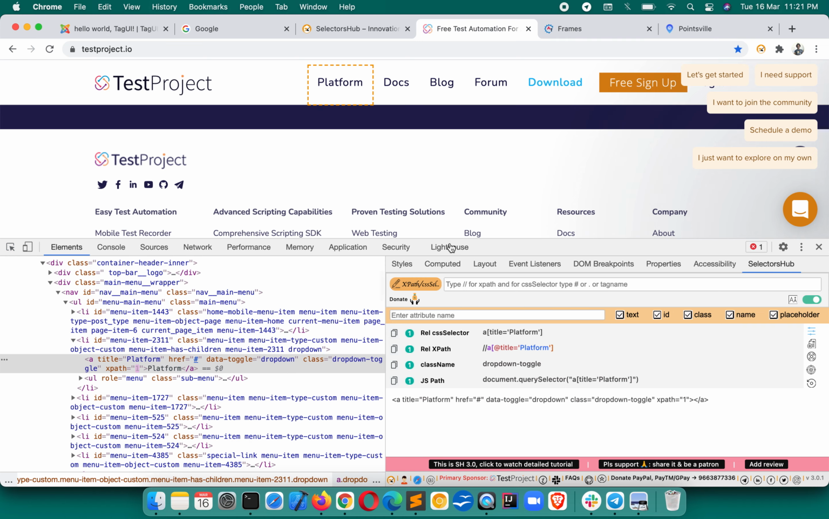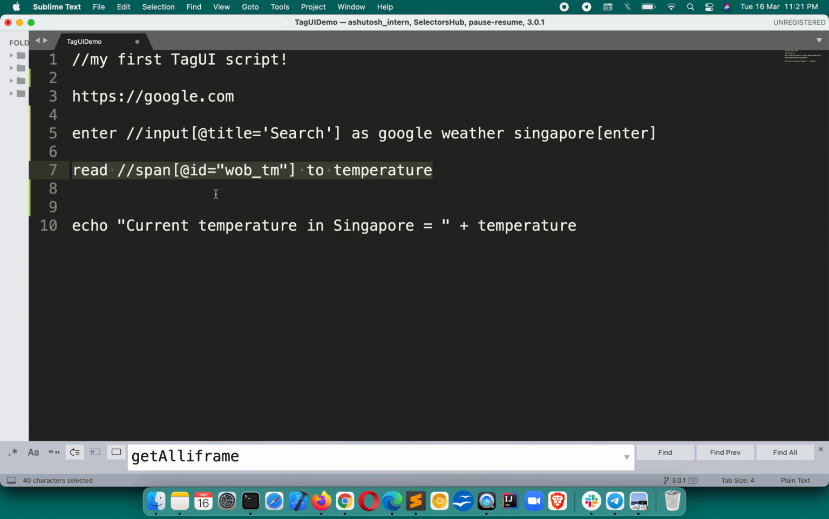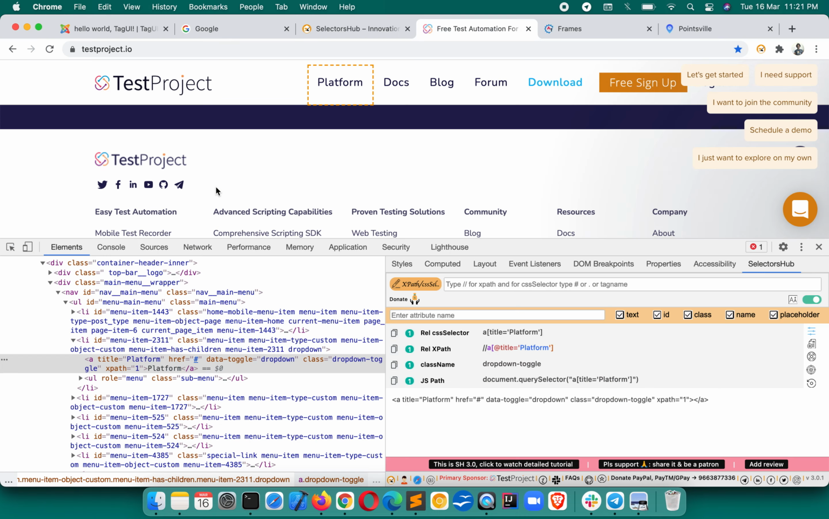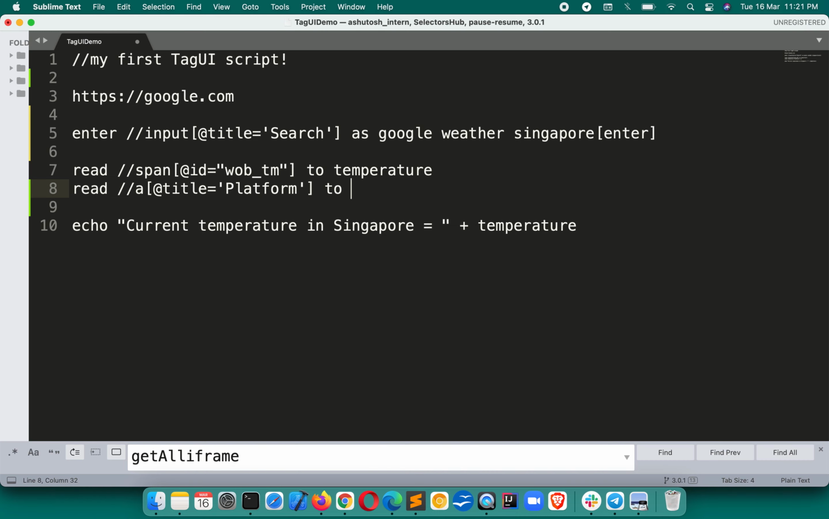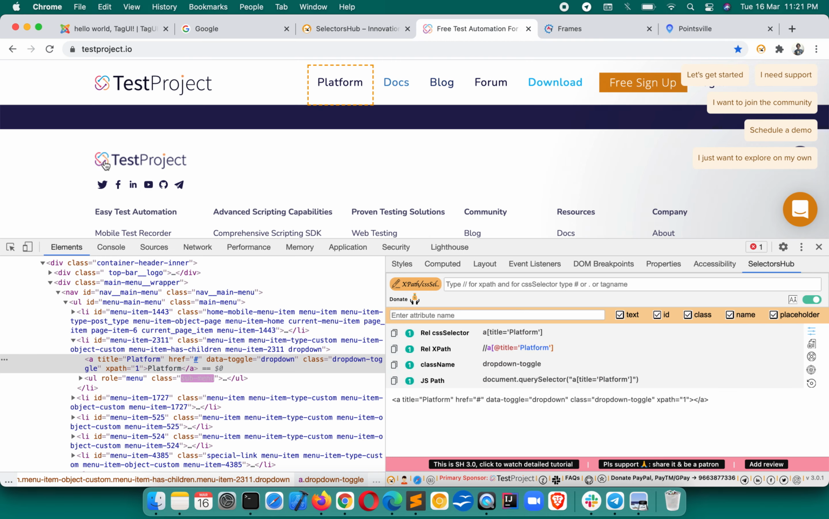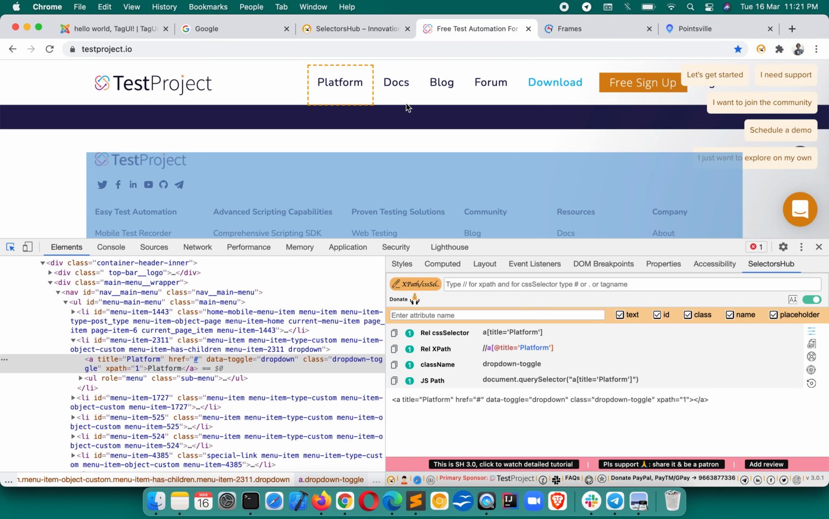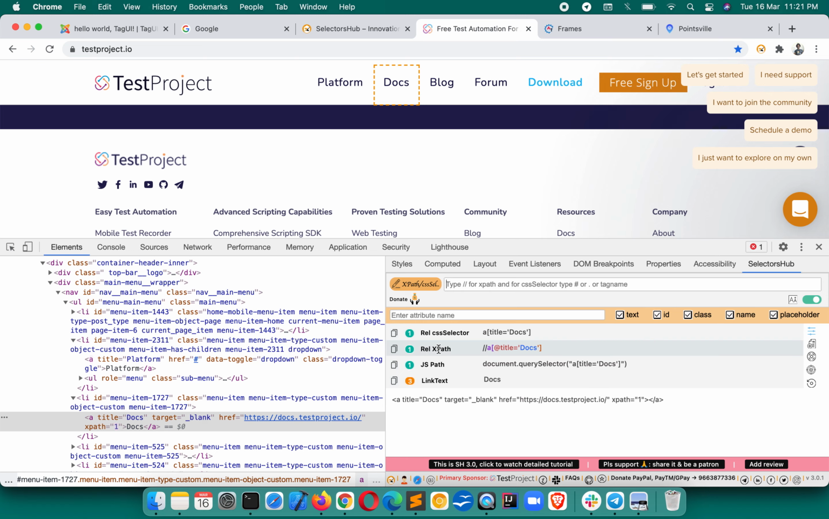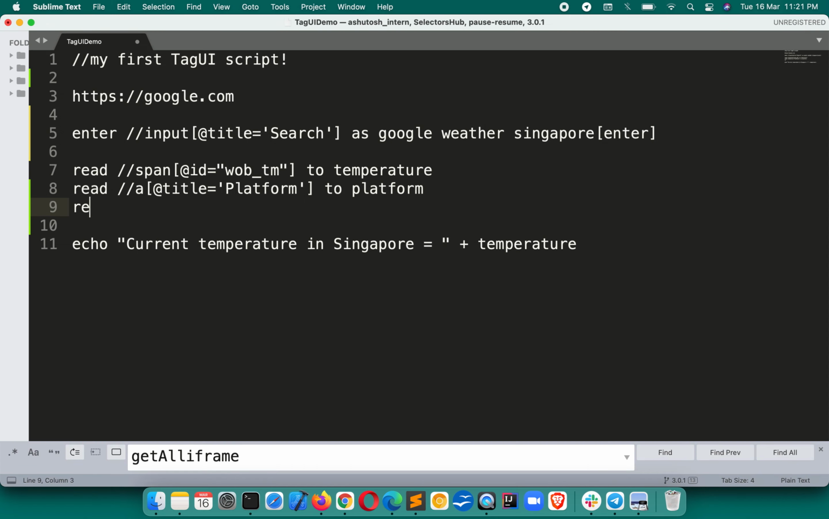We will inspect this element, we got the XPath, we will copy this value, we will come here, and then we will type read, paste this XPath to, and then what is that? Platform. So this is how we will write, right? And then next is docs. We will again inspect this, we got this XPath, we copy this, then we will type read like this, sorry, this is docs. So this is how we will be doing it one by one. But